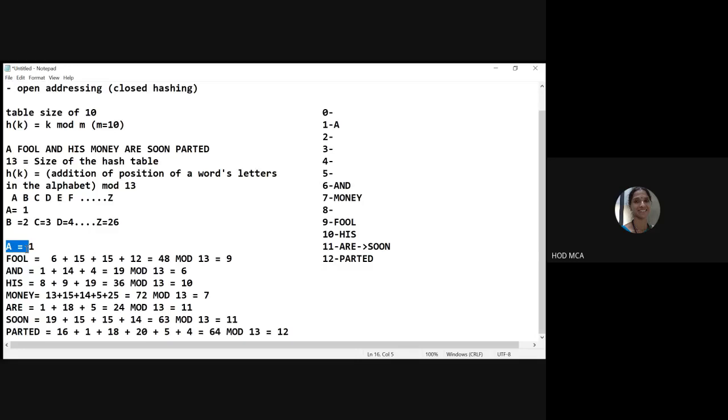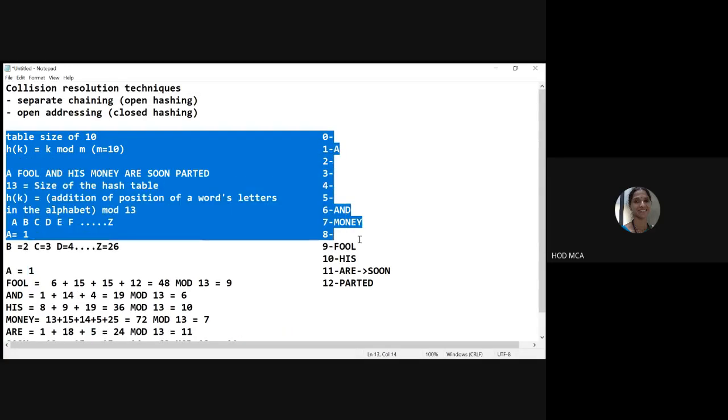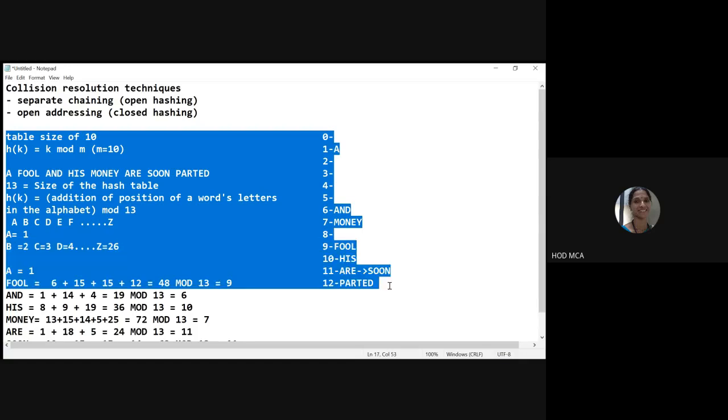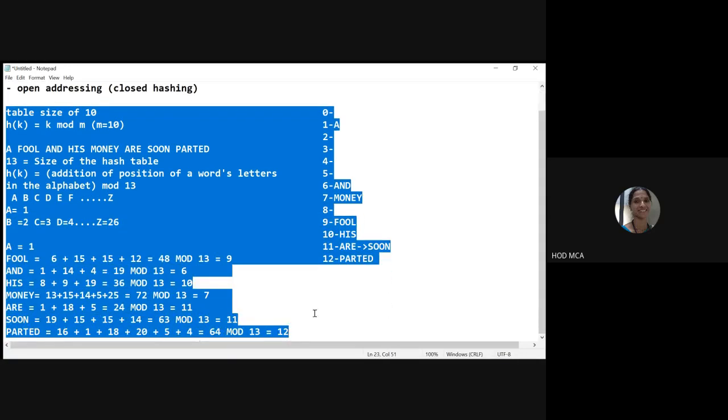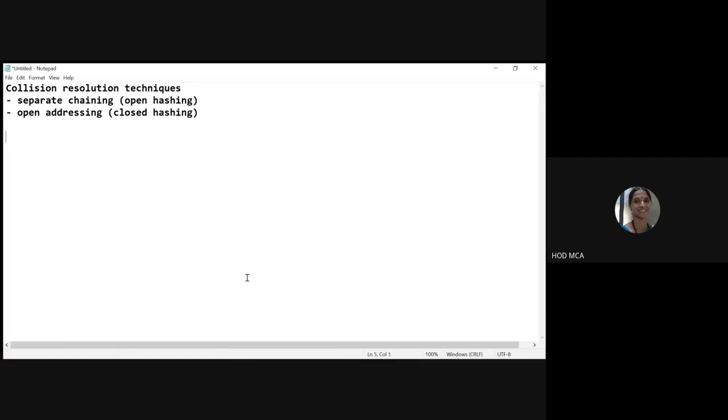Let us take one more example. In the same array where we have stored these words, if we are going to search for a particular string, how can it be done? For that, I will show you one more example so that we can take up searching. Next we'll see how we can search for a particular string.